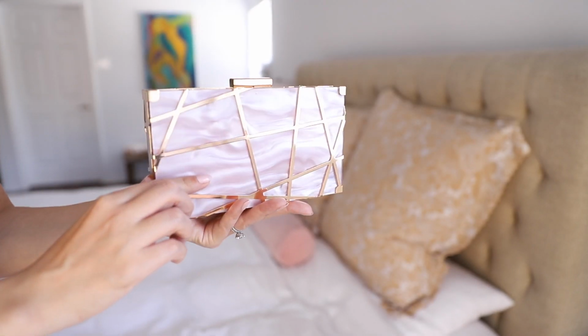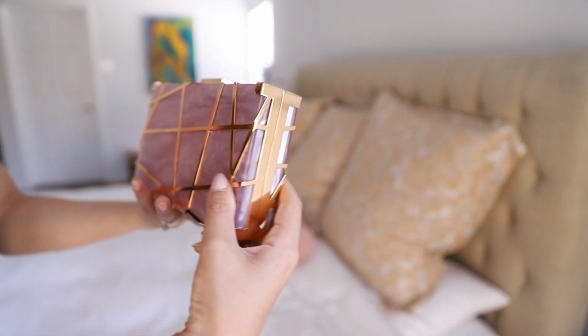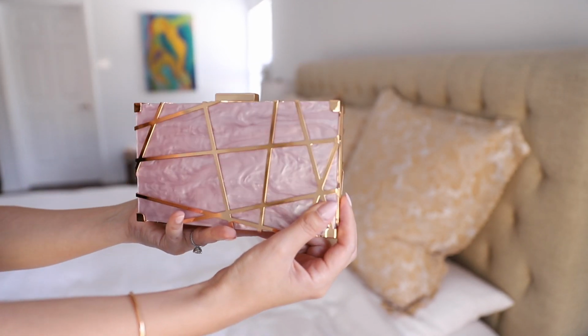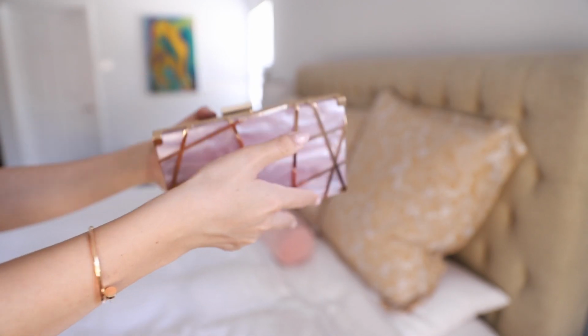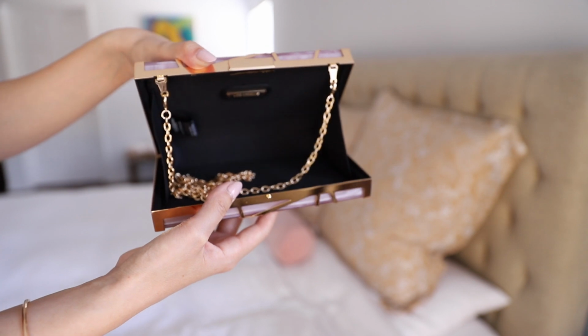Next up is a box clutch. I'm going to have to hold it a certain way because otherwise you're not going to be able to see it because of the light, but how beautiful is that? It's this absolutely stunning box clutch design. I love a box clutch for a fancy dinner, evening out, something like that, because they're just so elegant and almost like jewelry to me. And I thought this was such a lovely example. It has this stunning pearly pink finish, but it also has this rose gold geometric design all over. This comes in two other colors, but I was obviously drawn to the pink, and I thought this was the